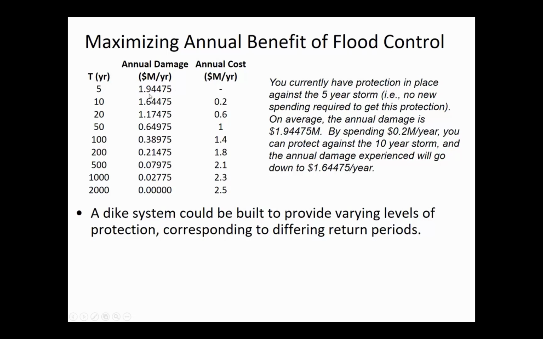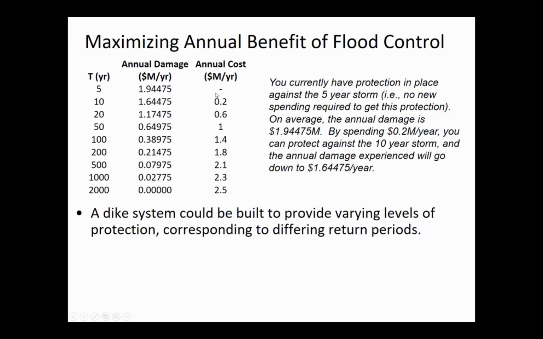So that is the amount of damage that comes to us from all of the storms that's larger than the 5-year storm. So remember that even if you provide protection against the 5-year storm, you're still threatened by the 10, the 25, the 50, and all of those other big ones. And so what this annual damage represents is all of the storms that are larger than the row that you're on. So if we have 5-year protection, we don't have protection against all these other storms. Now, since we already have 5-year protection, it costs you nothing to get it because it's already owned. But if you were willing to spend